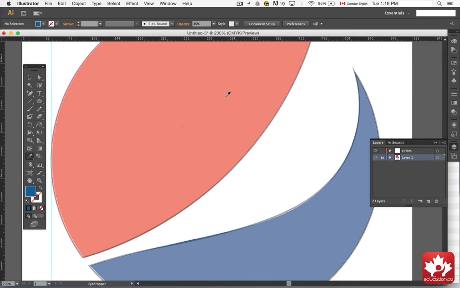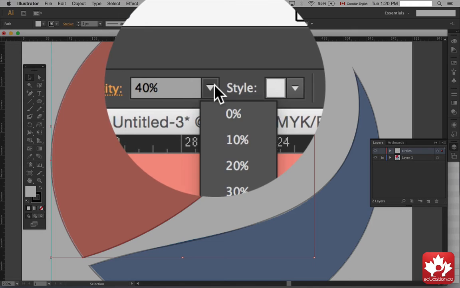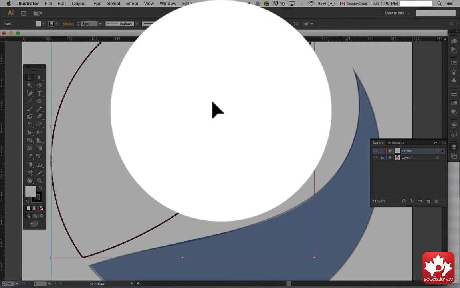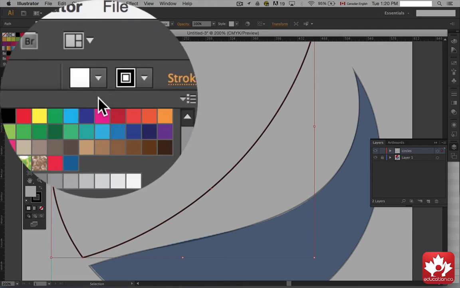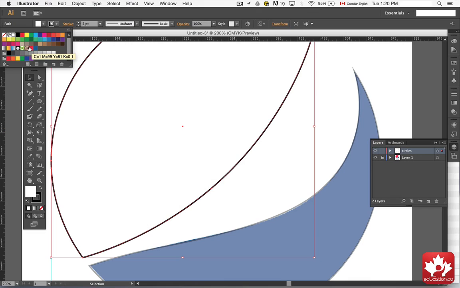I'm going to close that window, go back to layers, lock the Pepsi layer, or the background layer, make my circles visible again, and now I'm going to bring this layer back up to 100%. So let's take our selection tool. I'll click on my first shape, bring my first shape back up to 100%, which is set to white right now. If I click on white, you'll notice that our colors are here that we added to our swatches earlier. So here's my red,